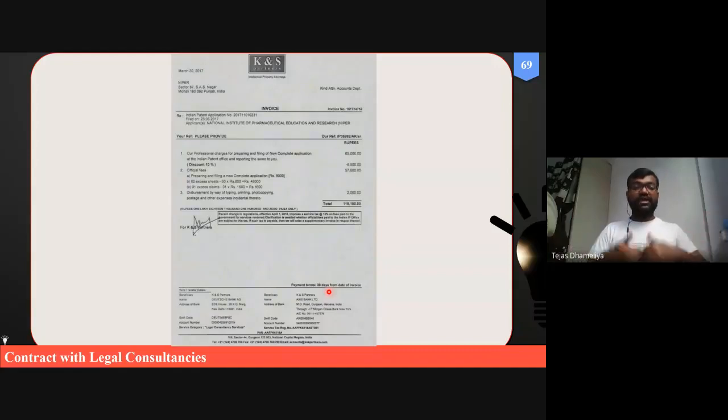Or if not after completion of our MPharm, then maybe after 2 or 3 years, whatever research work we do can be filed in the form of at least a single patent. Right?